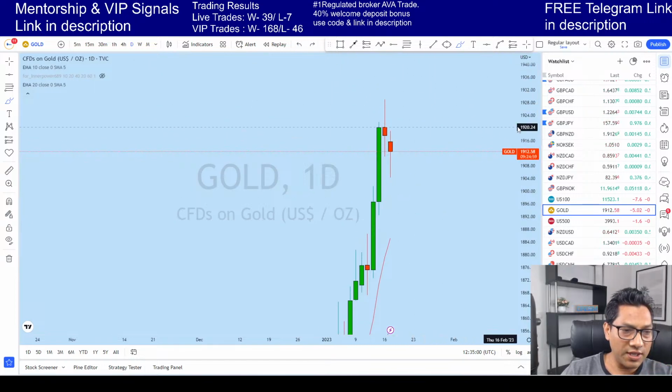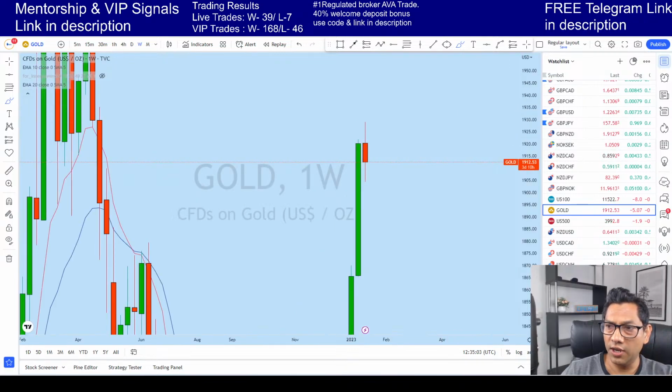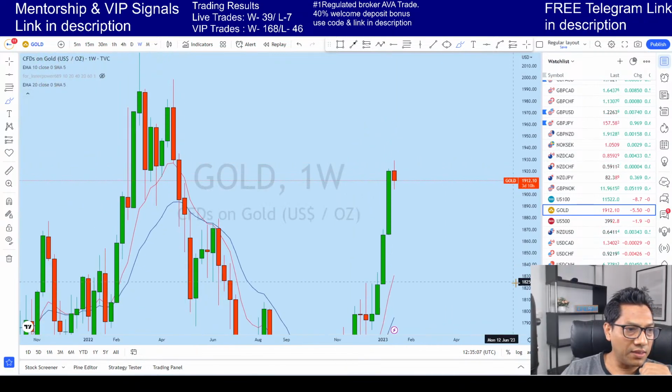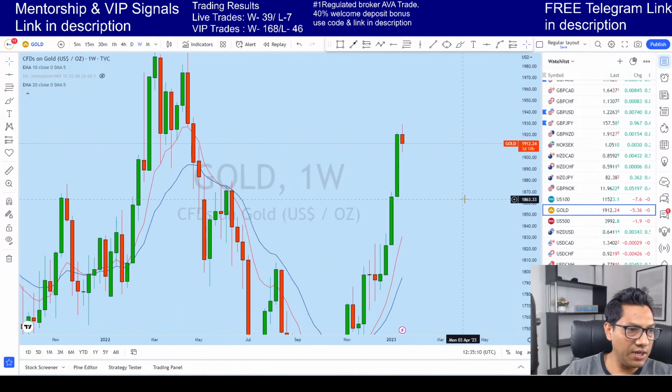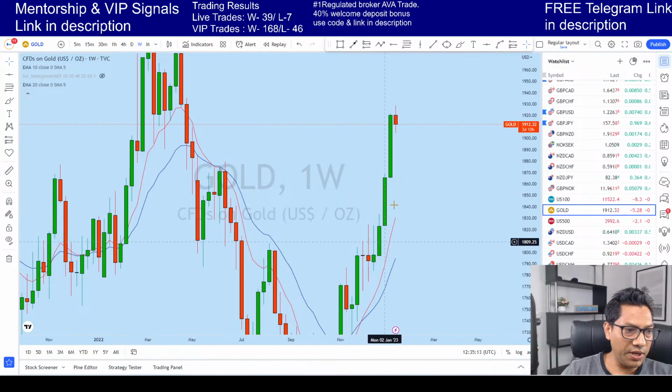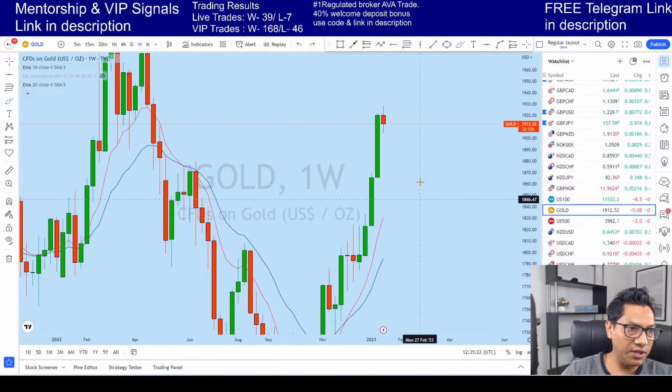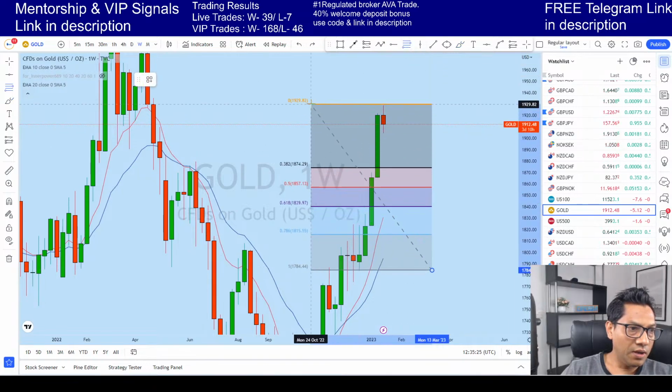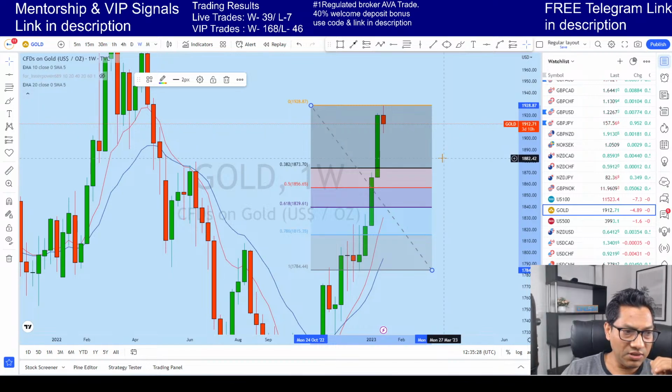Because if we look at the higher time frame perspective, from the weekly and monthly time frame, especially on the weekly, gold is a little bit overextended. From here you can see this is an overextension. What we need is basically a deeper retracement. If we take our Fibonacci from the weekly perspective, we see that gold didn't retrace a significant level. There are back to back candles. Now from here you see there is a green doji, and every week the candle has been becoming bigger and bigger. This is the 5th week, and once we saw the price coming down,